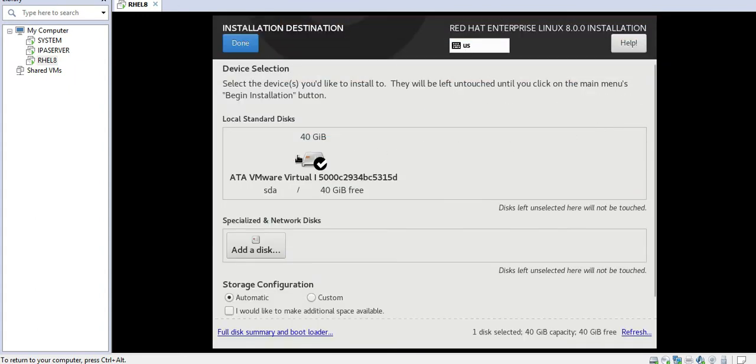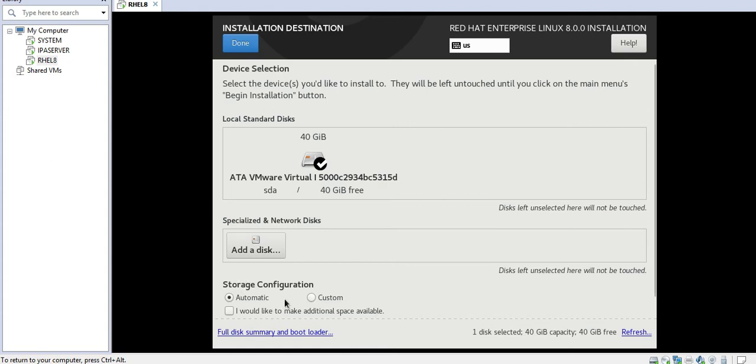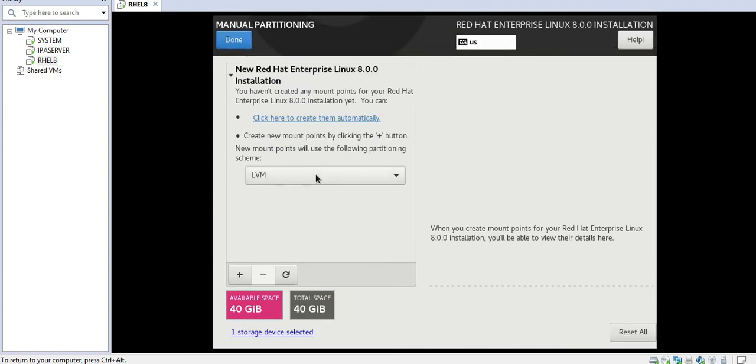Destination, so here the hard disk is showing what disk type we are using. You can see the storage configuration here. In this case, if you choose automatic, it will do the partition automatically, so you do not need to do anything. But if you require to customize your partition, you can choose this one and select custom and it's done. Here it will let you add your partitions, and choose what type of partition, whether it is LVM or standard